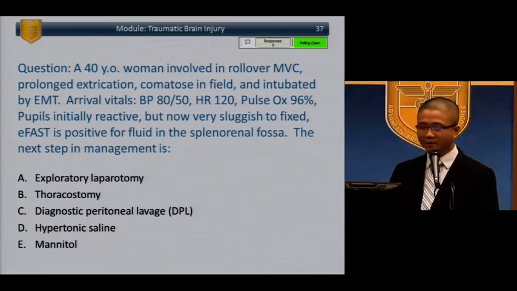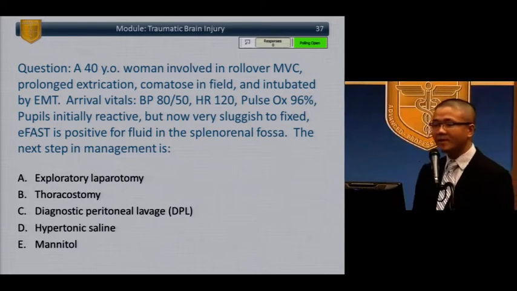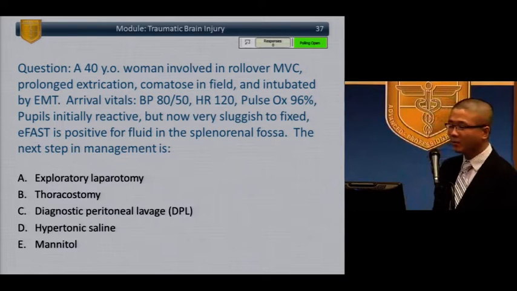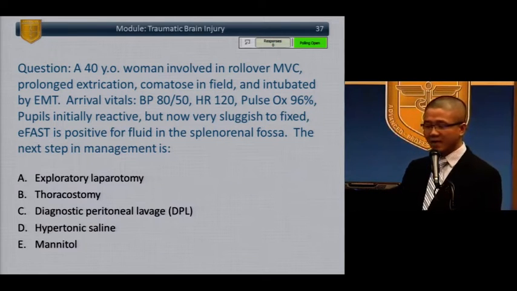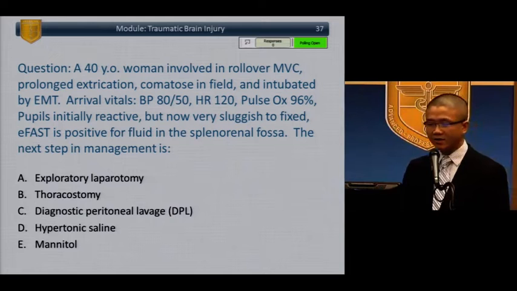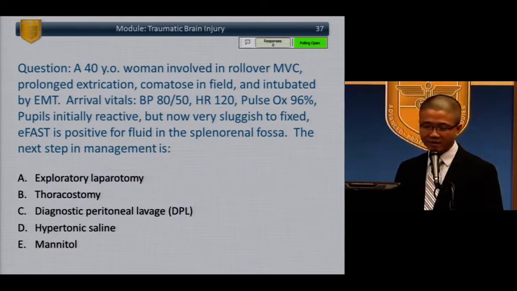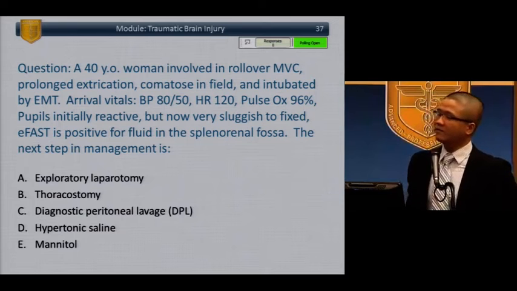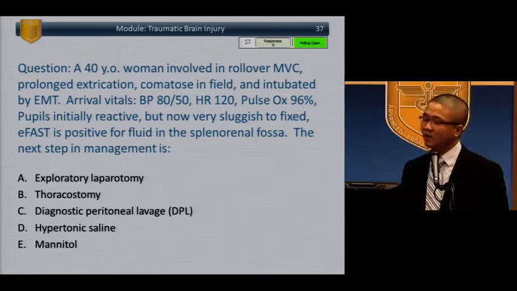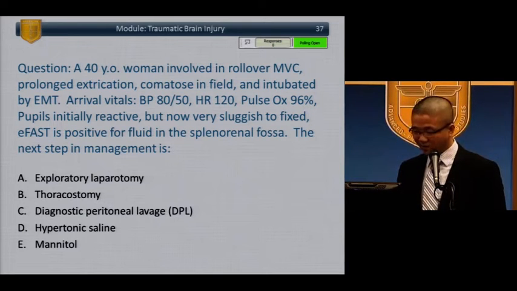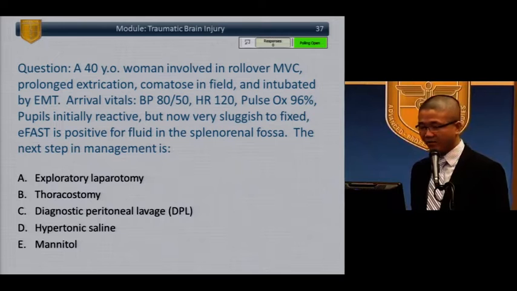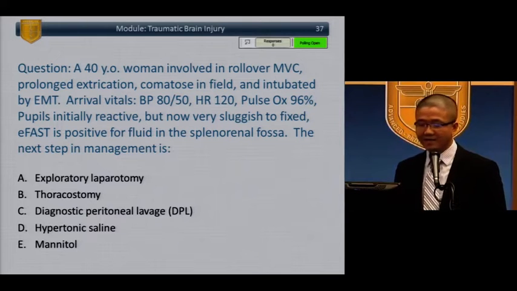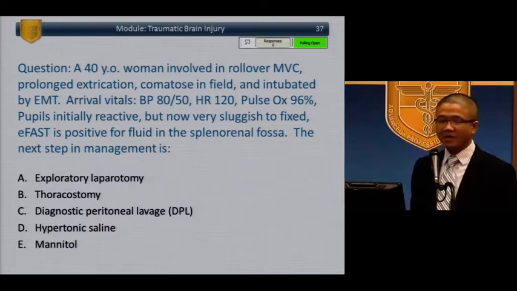All right, another question. This time, the patient is a 40-year-old woman who is involved in a rollover MVC with a prolonged extrication, who is comatose in the field and intubated by the EMT. On arrival, the blood pressure is 80/50 with a heart rate of 120. Pulse ox is 96%. Her pupils were initially reactive, but now are very sluggish, becoming fixed. Her EFAST is positive with fluid in the splenorenal fossa. The next step in management is